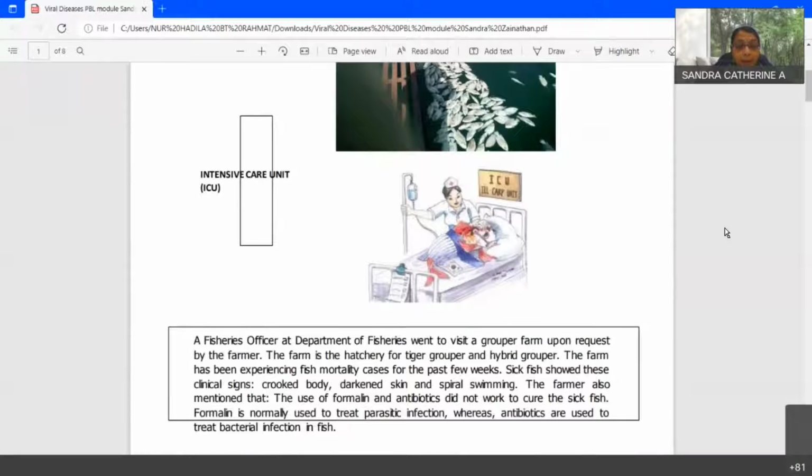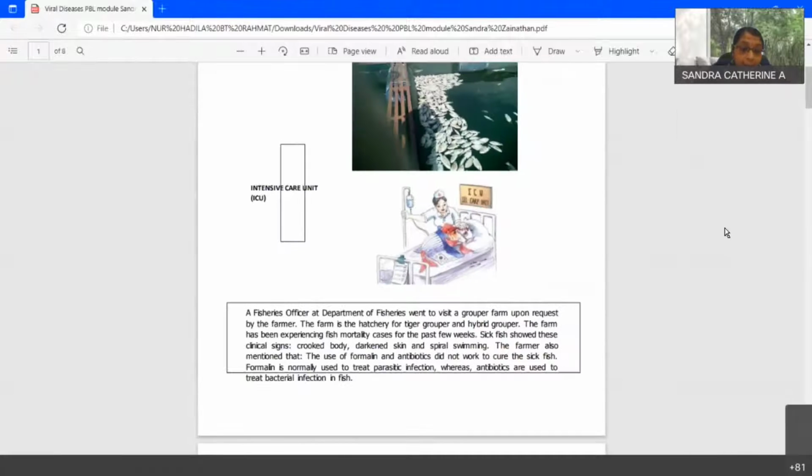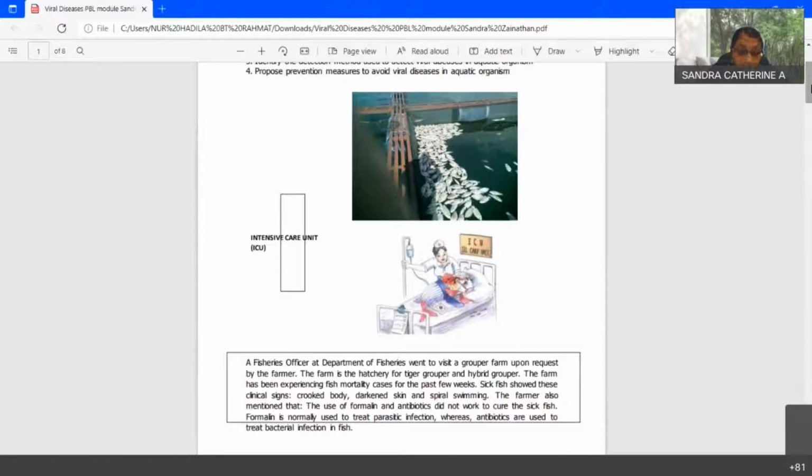Okay, so this is like an example of a syllabus. You have already planned what triggers you would like to give. For example here I have 2 images and a case study, with information regarding the case study. But this is not categorized as an ill-structured problem because the topic is about fish disease, and I'm already giving some indication of what it could be. So if you want to do ill-structured triggers or problems, it has to be